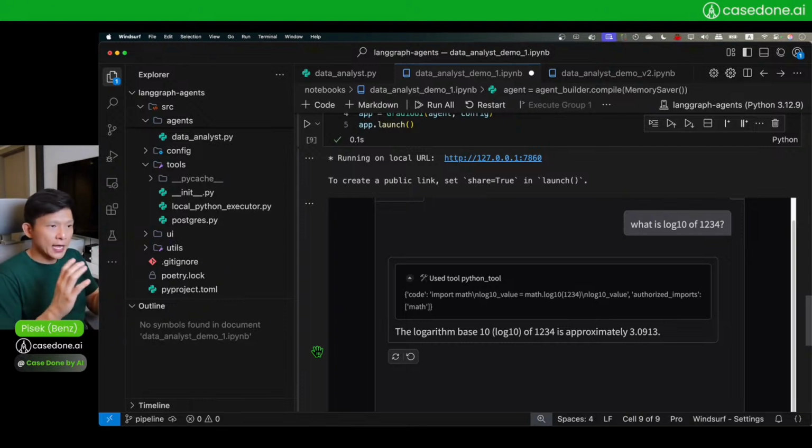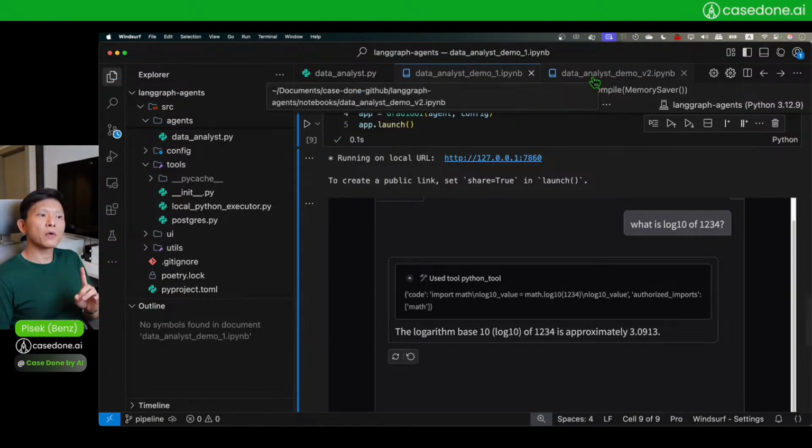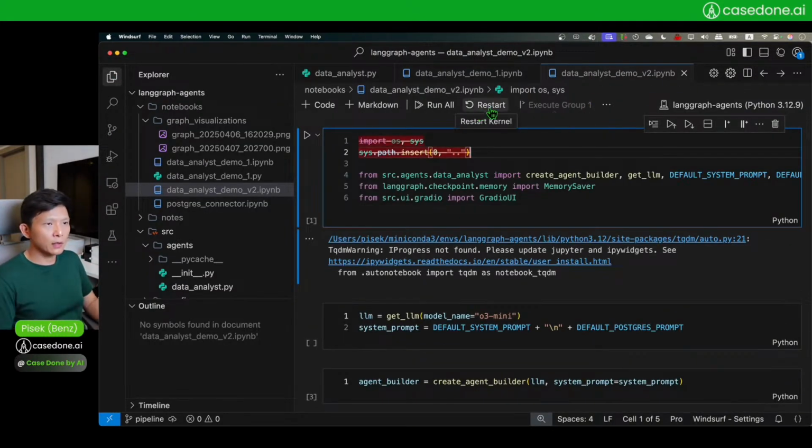This is as simple as it is. You have an AI large language model. In this case, it's just GPT-4o mini, very, very affordable. You equip it with a Python executor, and it writes code, triggers tools, and gets the answer. That's simple. The second example is going to extend what we did before